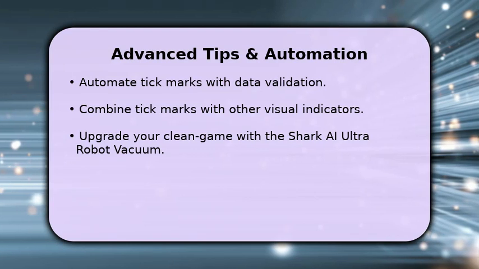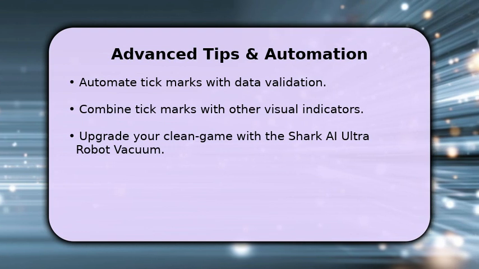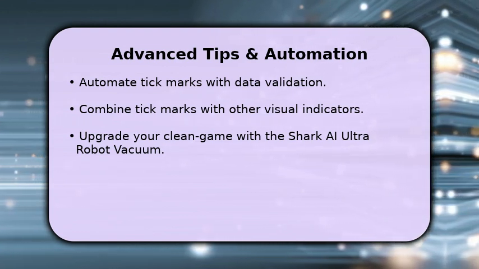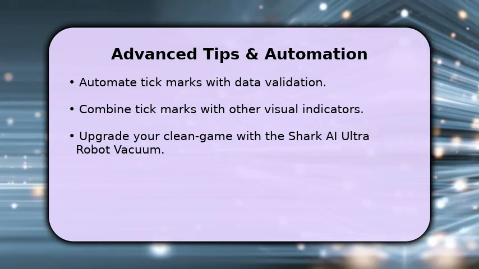For advanced automation, consider using data validation with a list of options, then applying conditional formatting to display tick marks based on the selection. You can also combine tick marks with other visual elements, like color scales or data bars,